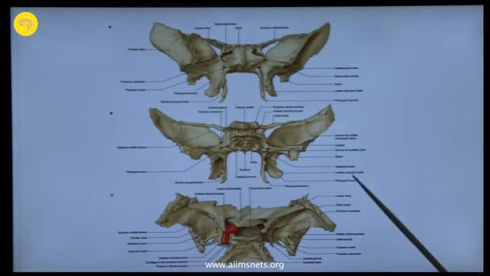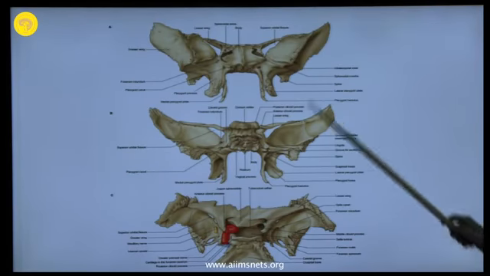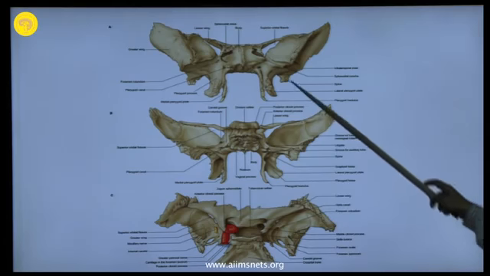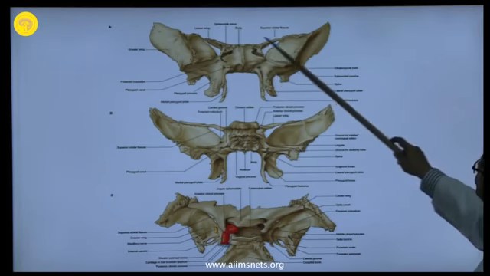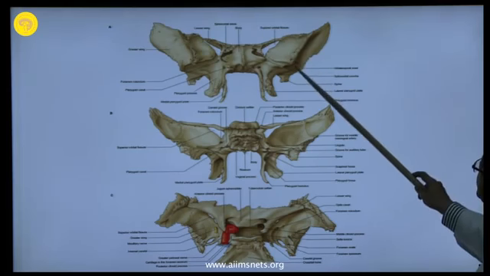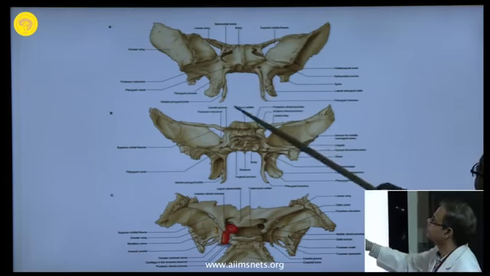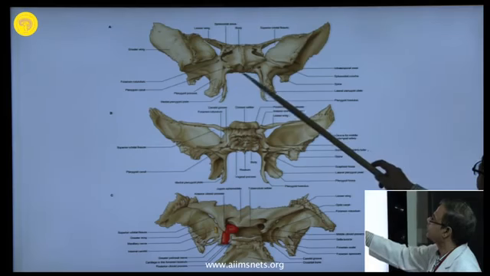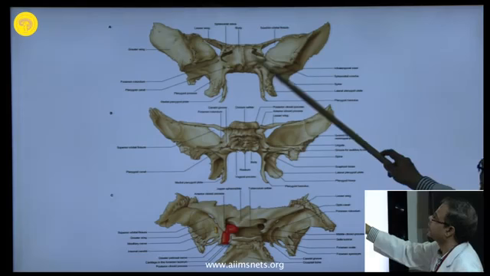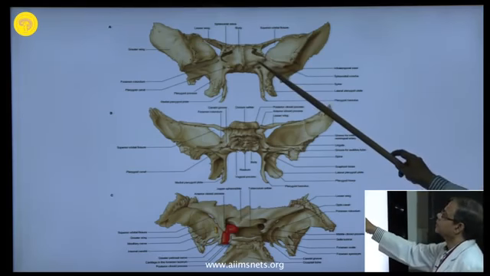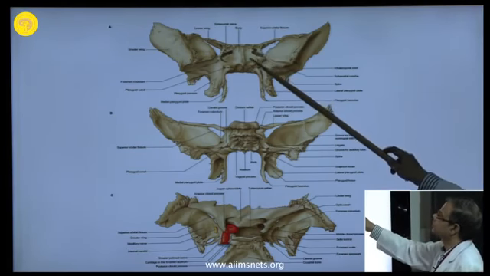The sphenoid bone, you are going to see the sphenoid bone. The three views of the sphenoid bone have been shown here. This is the body of the sphenoid, these two are the lesser wing and the greater wing, and these are the pterygoid plates. Here it is forming the roof of the nasopharynx. You can see the anterior surface of the body. In the anterior surface of the body, actually these are the sphenoidal conchae.